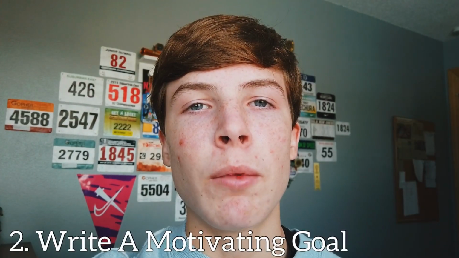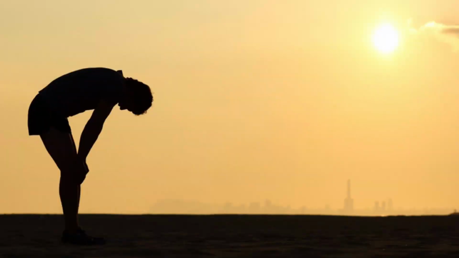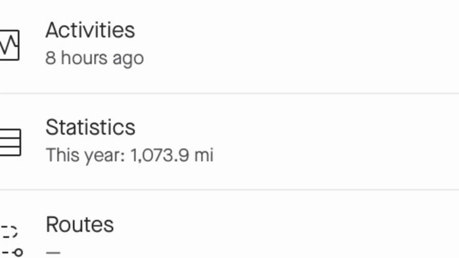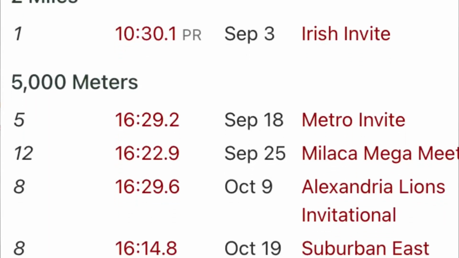It's also important to write a motivating goal. Don't simply write a checkoff goal that doesn't get you excited to work hard. An example of this is when I wrote down a goal that I wanted to run 1,000 miles in the coming year, and this really isn't a good goal because it's something that I'll likely do anyways if I don't get injured,